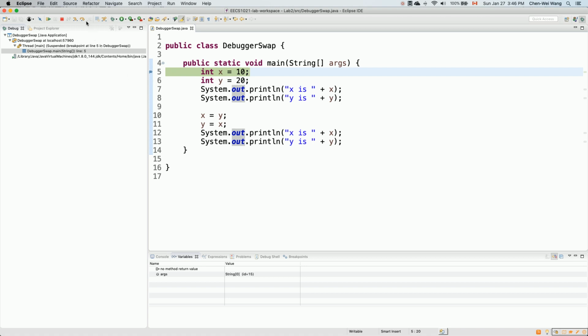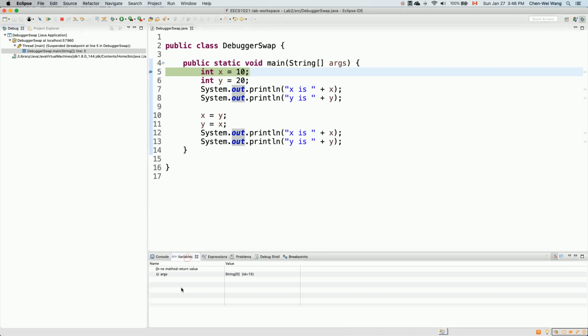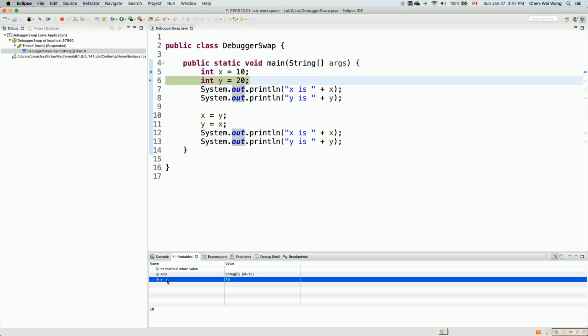If I click on step over here, let's expect what's going to happen. At the moment, there's no variable in the variables panel. But as soon as we step over, which will execute line number 5, we're going to see exactly one variable called x with the value 10. That's how I drew it in the iPad illustration previously. Let's try that. If I click on step over, what you will see is